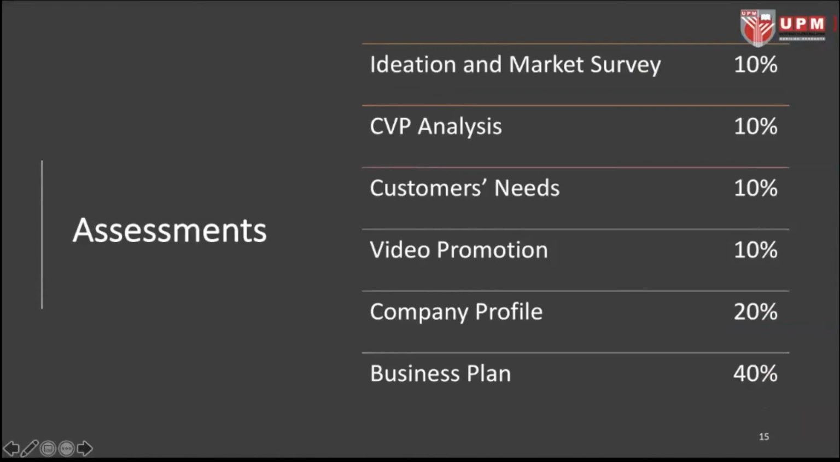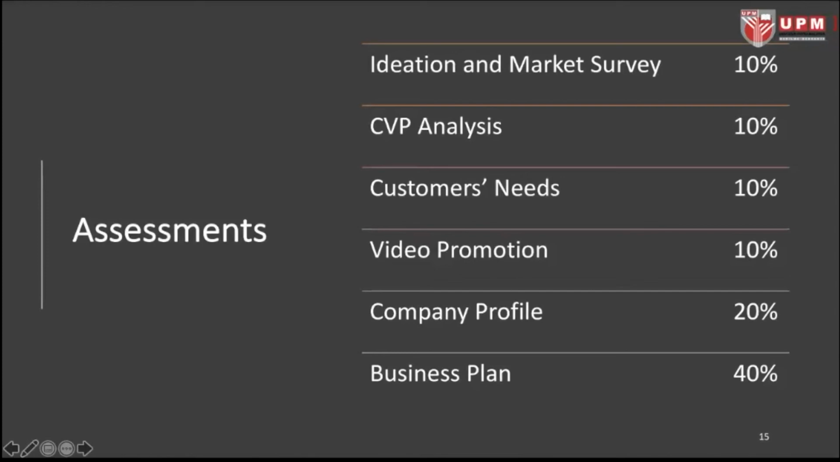In terms of the assessment, we are going to do several courseworks, right? Starting with ideation and market survey. So when you are already being grouped into your respective group members, you are going to figure out what is the innovation product that you are going to sell. You're going to grow the idea that you're going to bring to market. And I would like you to also devise a market survey, right? You're going to send a questionnaire, a simple questionnaire probably to the customer, and that will contribute to 10% of the